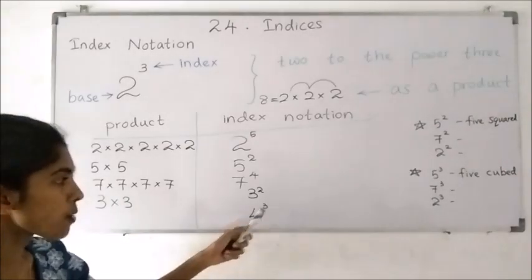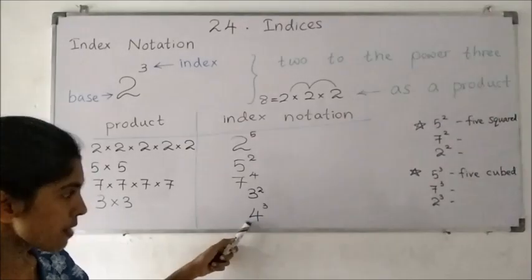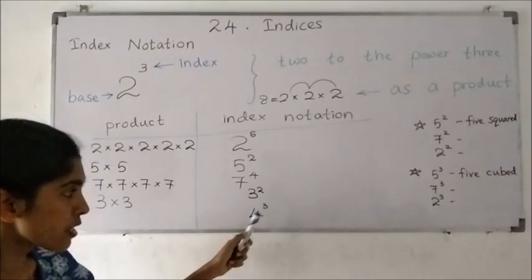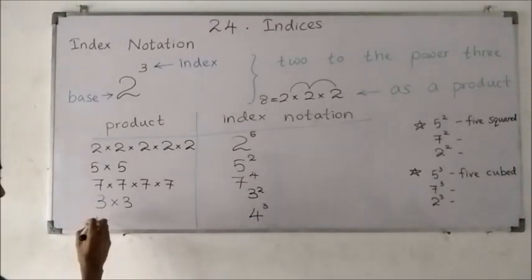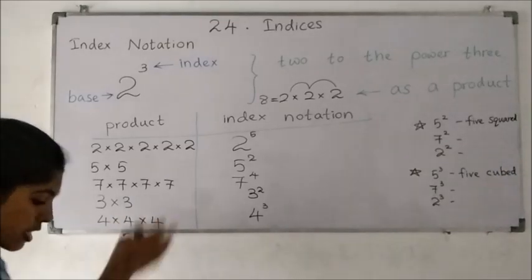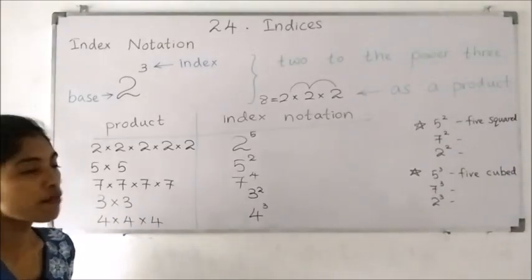Next, 4 to the power 3. 4 is the base, 3 is the index. 4 should be repeated 3 times by itself. This lesson is easy. And here you have learnt that